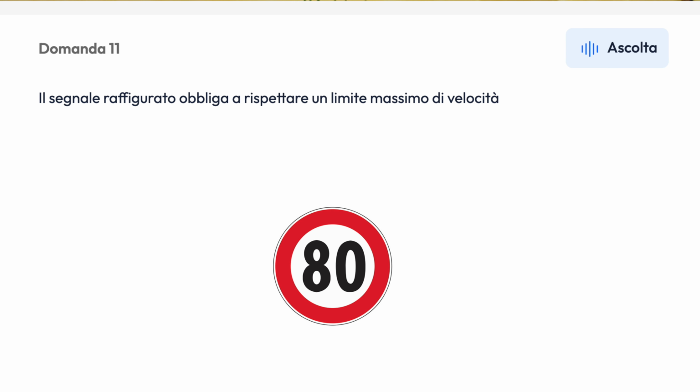Il segnale raffigurato obbliga a rispettare un limite massimo di velocità. The question said this sign tells you the maximum speed limit you need to respect on that road, which is vero, because this is a sign of limite massimo di velocità, letting you know that if you're driving and you come across this sign, you can't drive higher than 80. You can go lower than 80, you can drive 60, 70, 50, 40, but you can't drive higher than 80